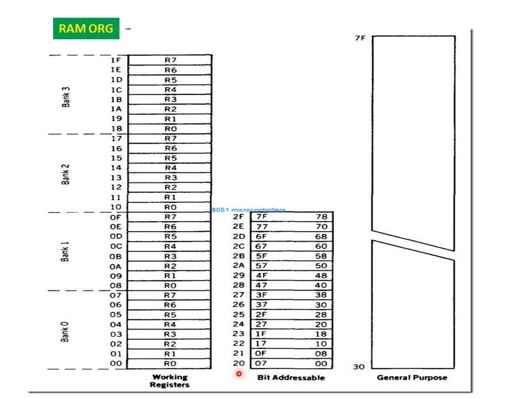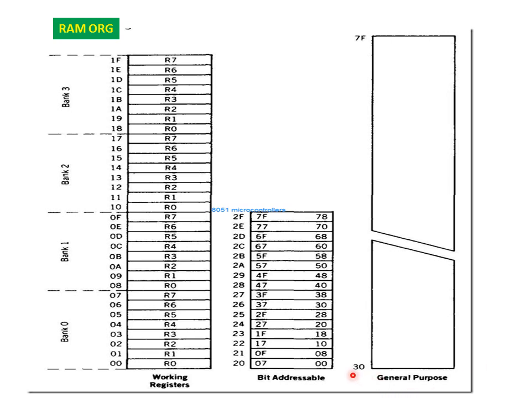And next, 20 to 2F, these are utilized for bitwise operation purposes. Now this area can be used as bitwise, or this area can be used as bytewise. It is also known as byte addressable memory. Now check 00 to 07, and 08 to 0F, 10 to 17. Using these addresses, these can be accessed. Like that, 20 to 2F can be used as byte addressable memory.